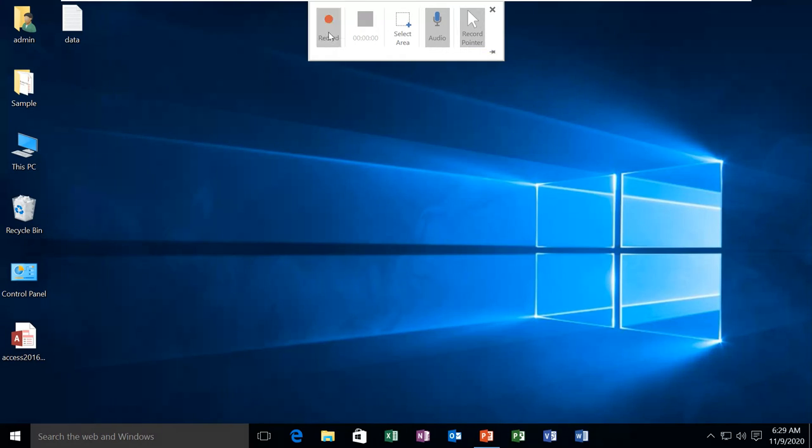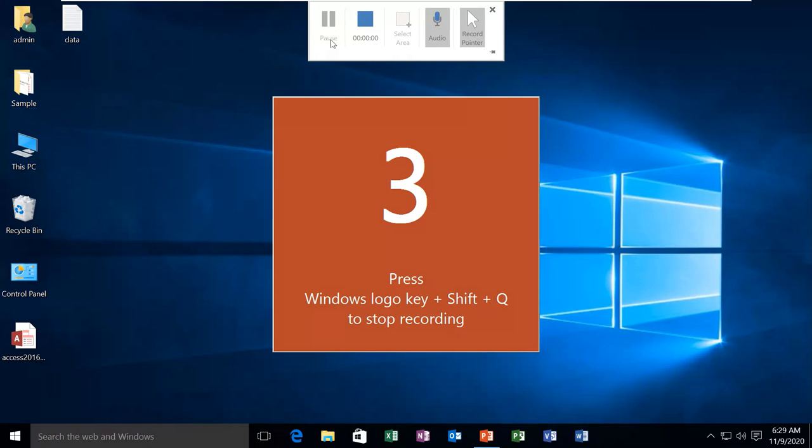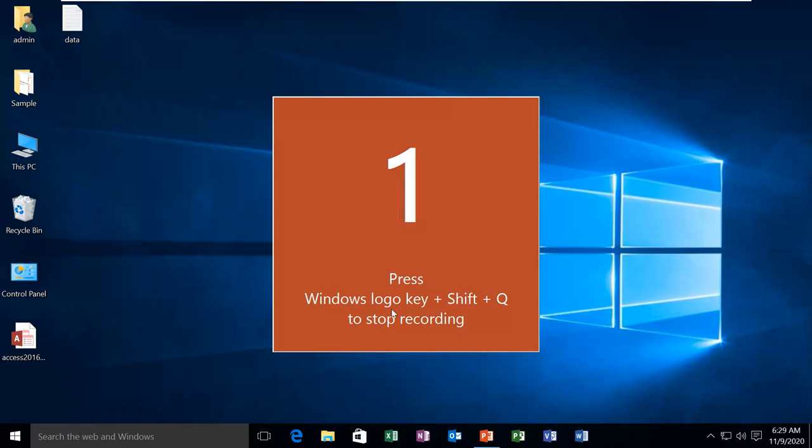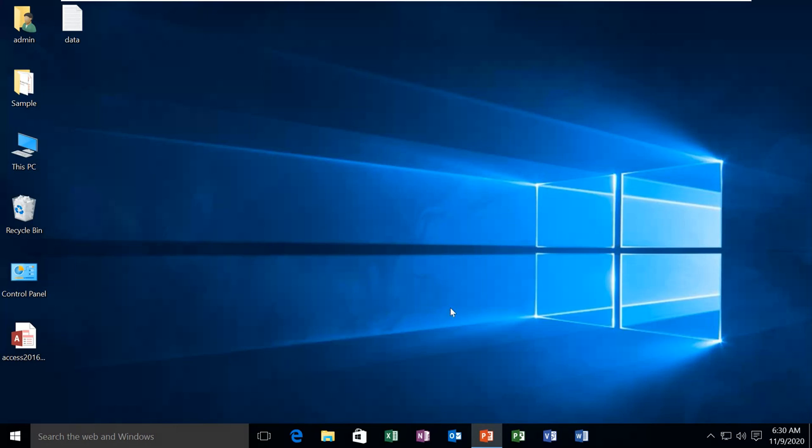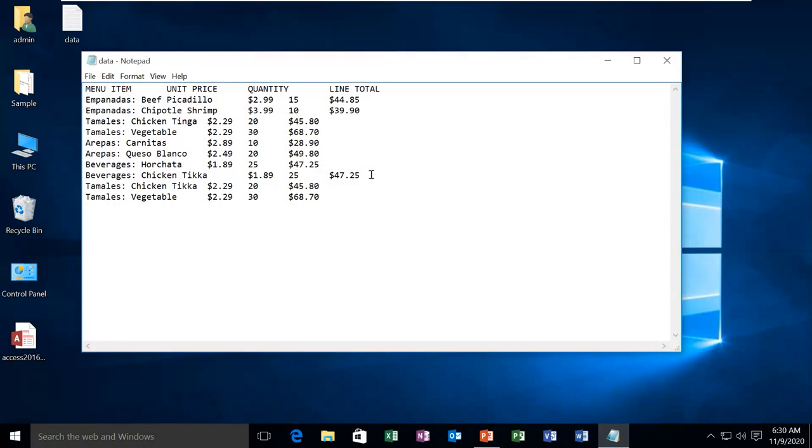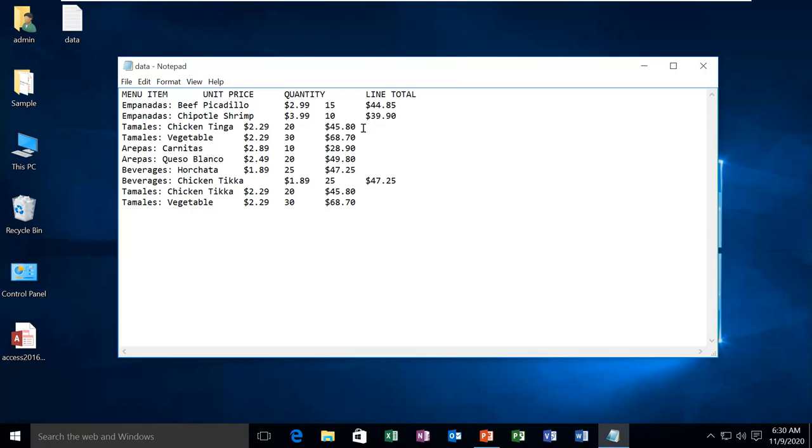If you want to record, click on record, and if you want to stop, press Windows plus Shift plus Q. Now it is recording my voice also. Whatever I do here is going to be recorded, whether I am editing something or anything else.